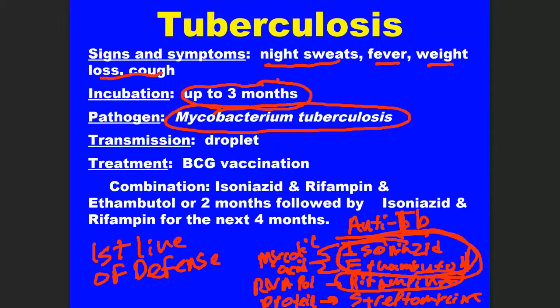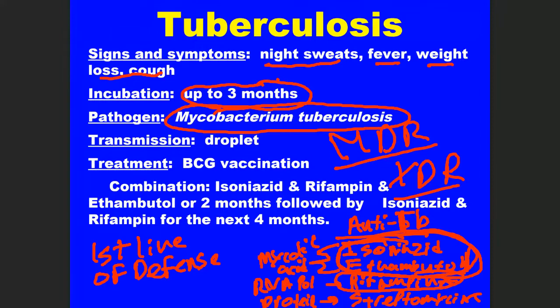Unfortunately, one of the things that's also happening that we're seeing more and more of is that with overuse of these antibiotics, we're starting to see more and more people come down with what are called MDRs and XDRs. MDR is multiple drug resistant tuberculosis strains, and XDRs are extremely drug resistant, and they're almost impossible to treat.